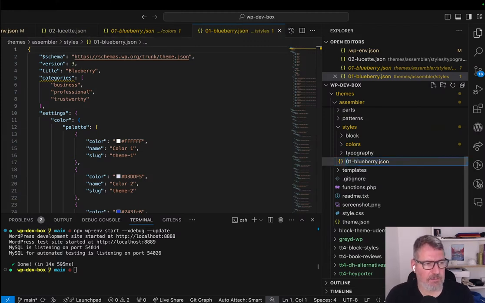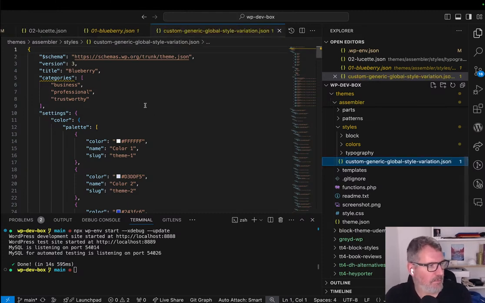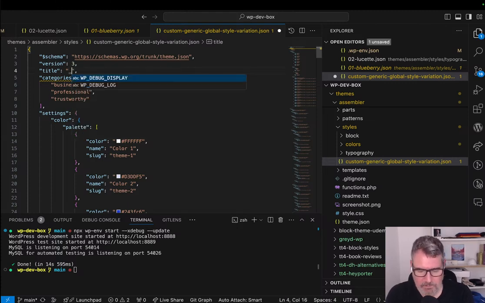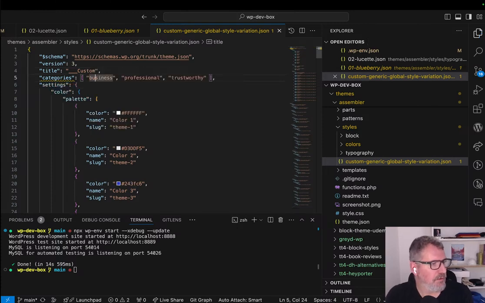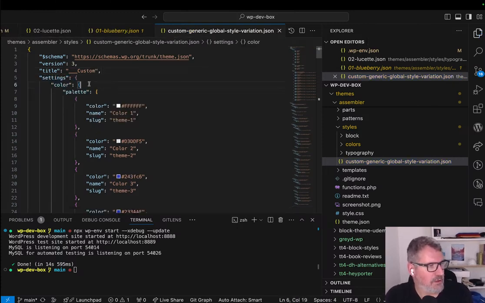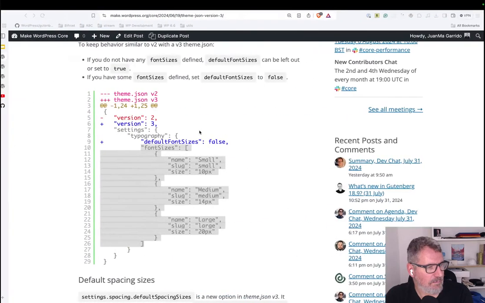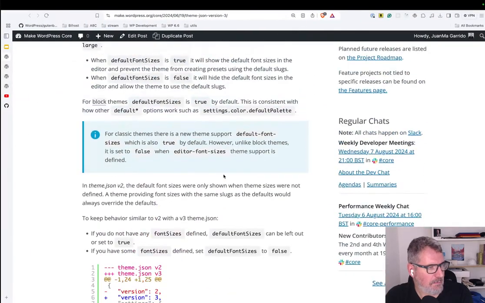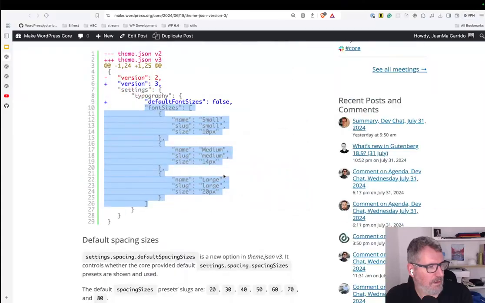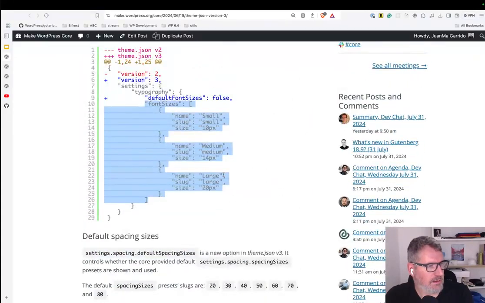This is my custom generic global style variation. Okay, so I'm going to custom version 3 categories. I don't want this. So what I want to set is these settings. Settings, typography,